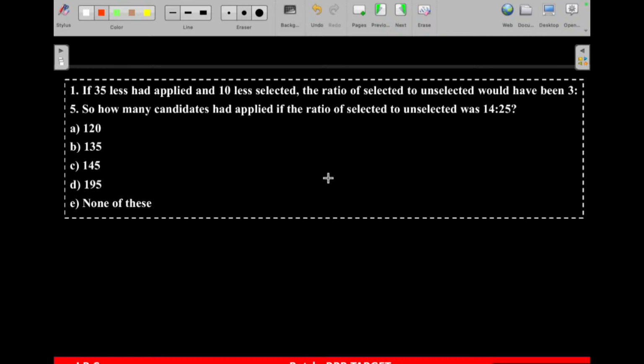So how to guess answers? First, once you understand the question, you will definitely guess it. If you understand the question, you can guess it. Actually the question in the book is like this: the ratio of selected and unselected is 14:25. If 35 less had applied and 10 less selected, then the ratio would have been 3:5. That is the actual question, but they will